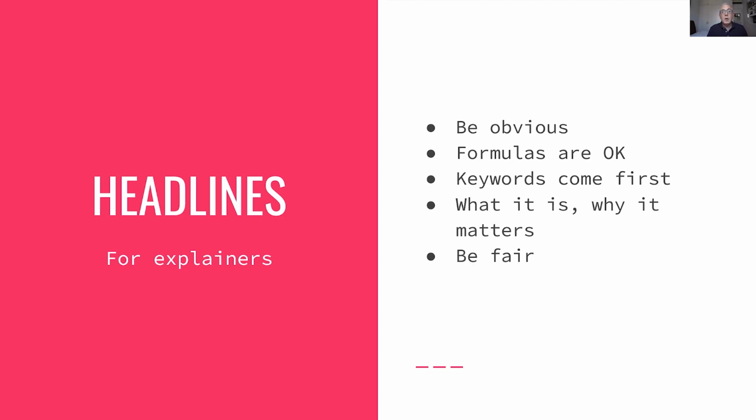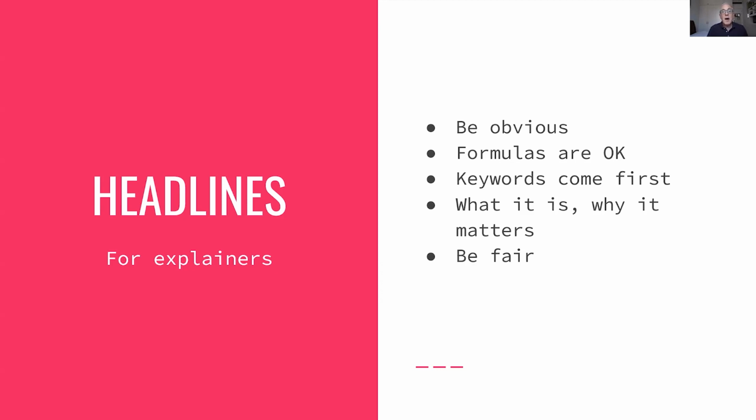Put the key word or key term as near to the start of the headline as you can. "Understanding NFTs and the boom in digital art tokens" is better than "understanding the boom in digital art tokens called NFTs." That's true both in terms of getting your readers' attention and in terms of making the article easy to find in search. Give some sense of why this subject matters now: "How crypto regulation changed after the FTX collapse" is better than "understanding crypto regulation and how it is evolving."